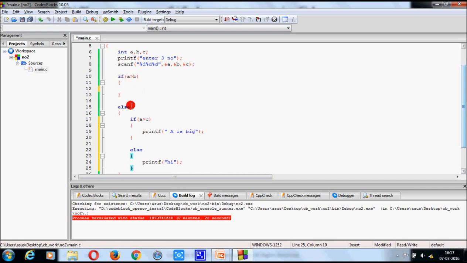But if this condition becomes false, then this if section will execute, and if the value of A is greater than C, then you will get this message that A is big. And if this section is also false, then you will get this message, high. Now run this.